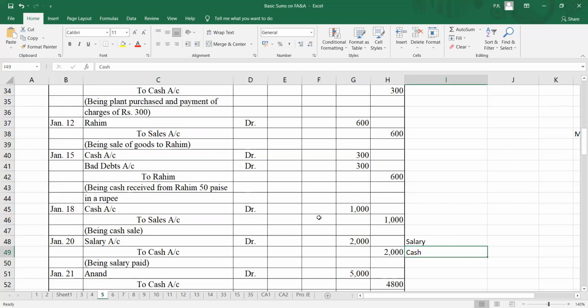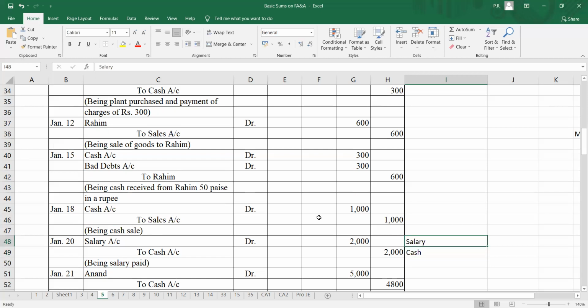What I had told you last time also is that in your ERPs you will have the names of all the people in your payrolls. They'll all be clubbed into employees, and each person will have a separate name, and then you will start paying them. If it is not paid, then you are going to represent all the names by one salary payable account. But here we are paying just one person, so we say he has been paid, which is cash account.